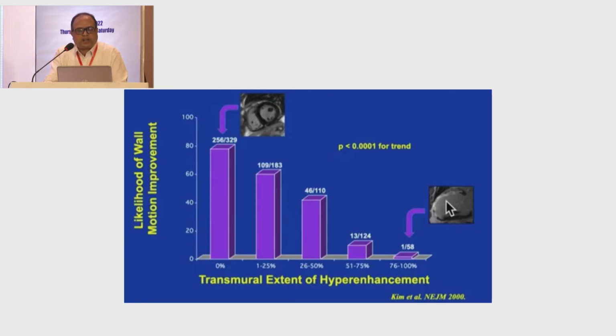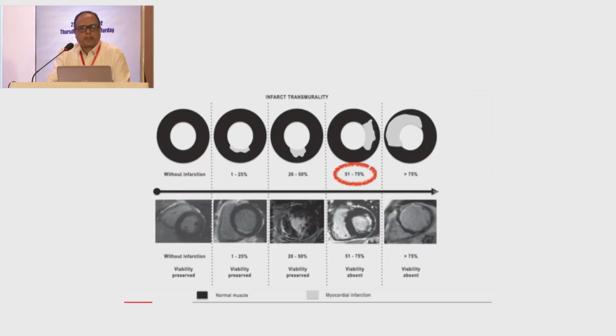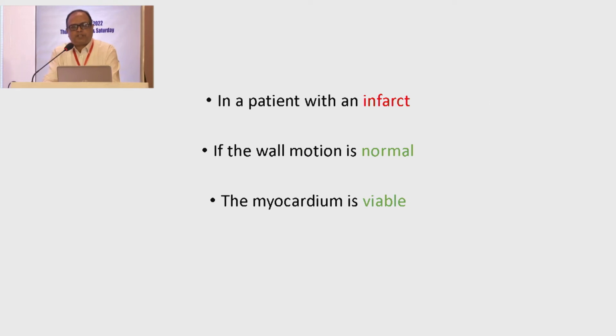And it is found in different studies that if there is no infarct and there is LV dysfunction, there is chance of recovery about 80%, whereas if there is transmural infarct more than 75%, there is little or no chance of recovery. So in 50 to 75%, there is a borderline. In that case, we look at the wall motion abnormality. If the wall motion is akinetic, there is no chance of viability, but if it is hypokinetic, there is a chance of viability in range of 50 to 75%. So in a patient with infarct, if the wall motion is normal, there is no issue of viability,